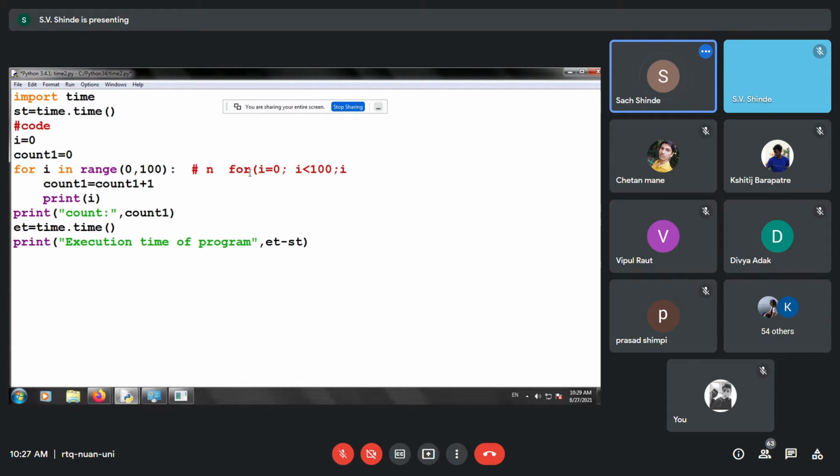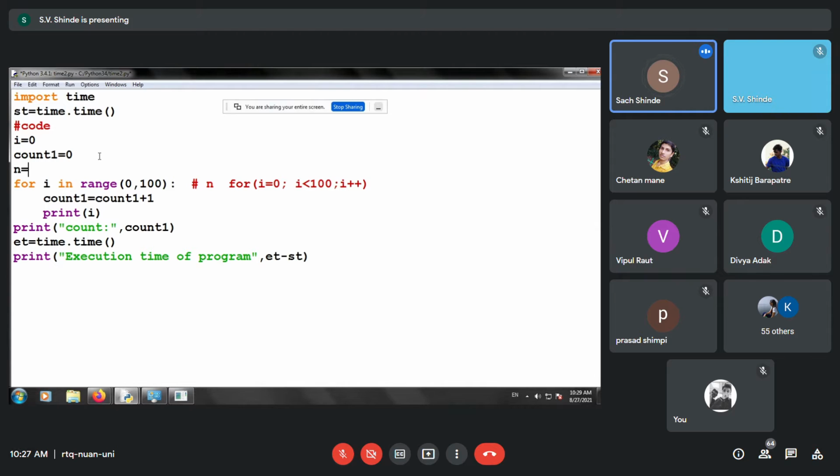So naturally it means i should be less than 100. If you assume that n is equal to 100, then you can replace this with n. So over here I replace this with n, and now let us check whether the output is similar.